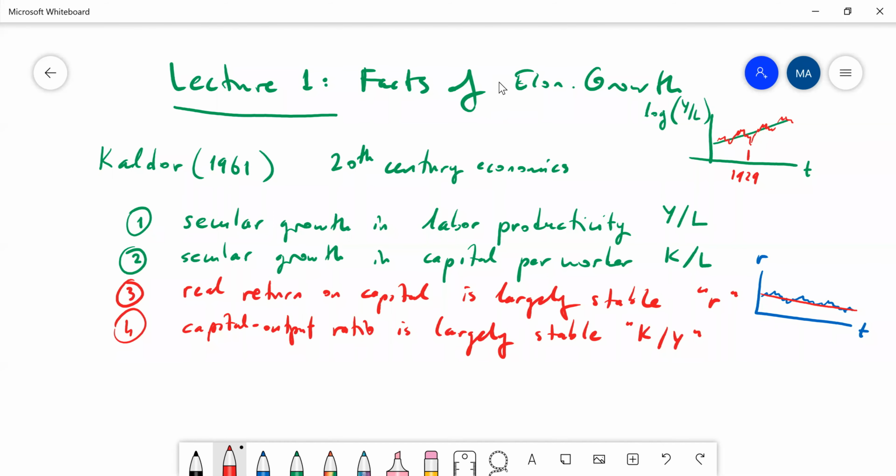So Kaldor observes that these ratios are also stable. Okay. And finally, we have large growth rate differences across